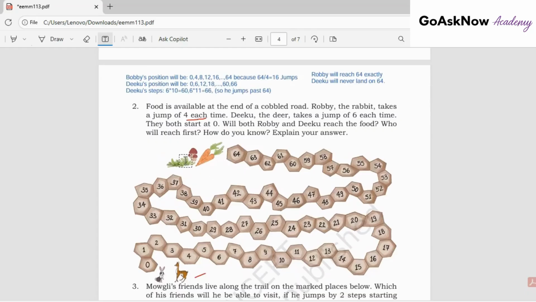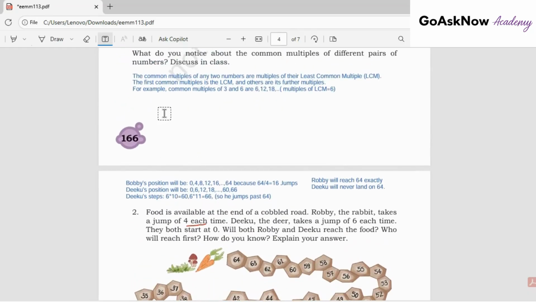So here I'm writing the answer for the second question: Ravi will reach first